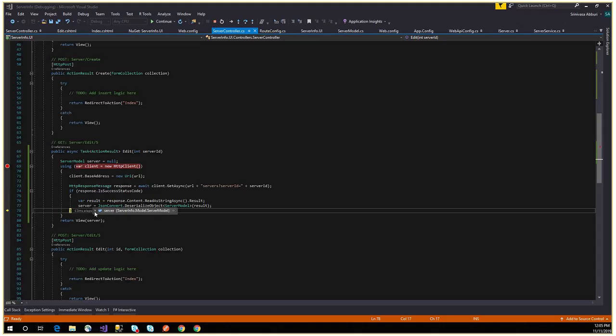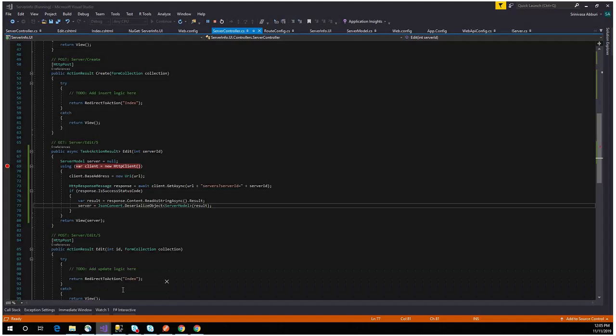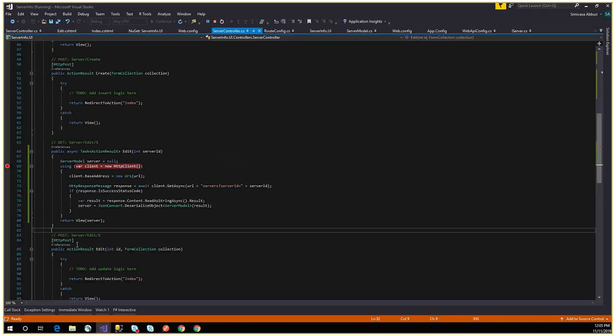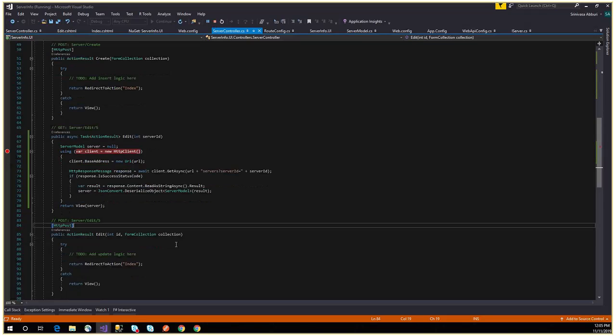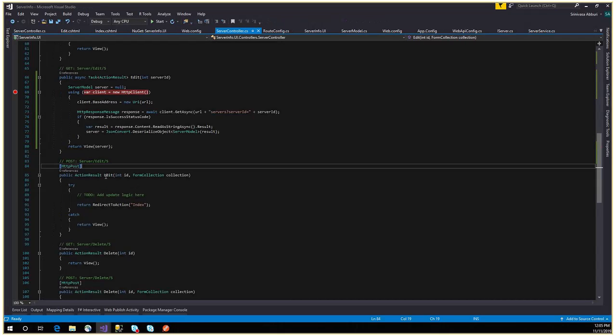Now if you hover over, you can see you are retrieving the single server object. Click F5. So now in the edit view, you can see the server information is available for that particular selected server. Now you can modify the changes here and then click save. So basically it takes you to the post method. For now, wait a second, I want to stop this and let's write the code for the edit post